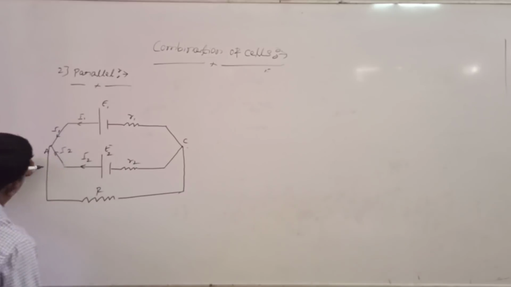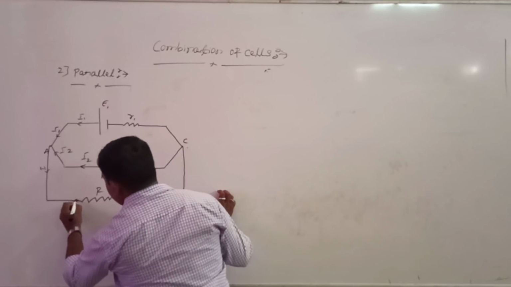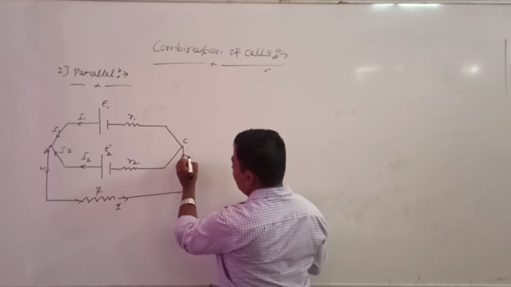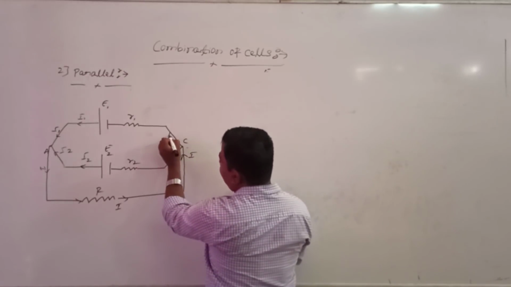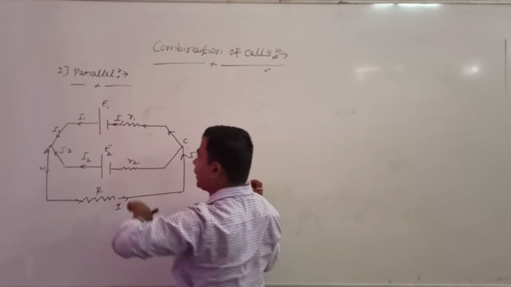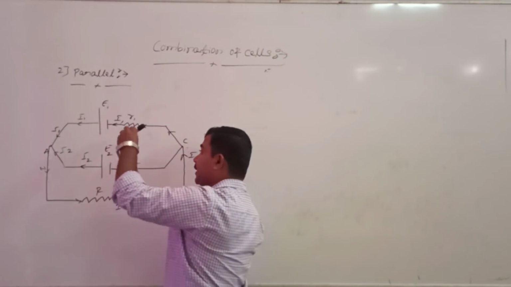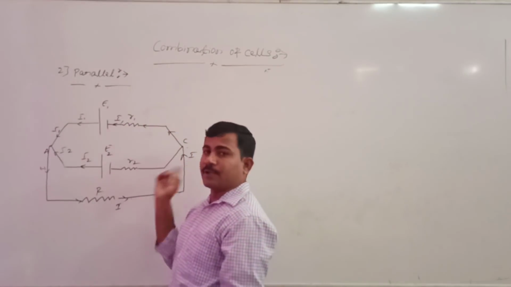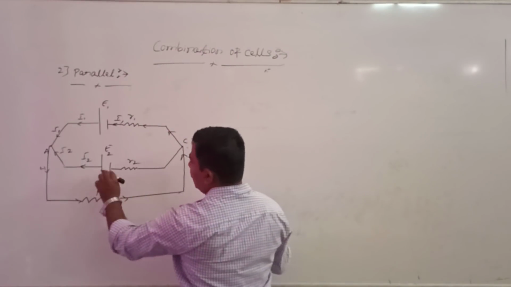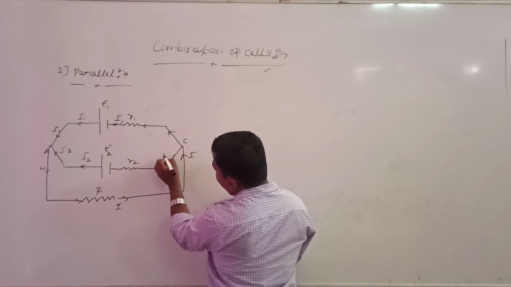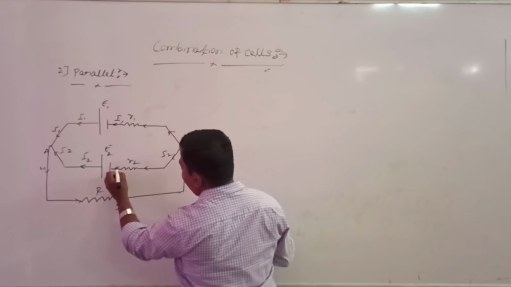Again, this is the resultant current. In what direction does this resultant current come? In this direction the resultant current comes, and again it goes like this, I value. How much current leaves from the positive terminal of the cell, that much current enters the negative terminal of the cell. In this case also, for I2, current is leaving from the positive terminal and again comes here, current I2.